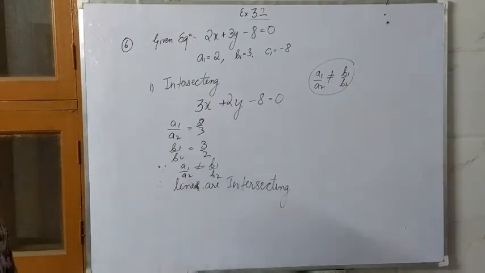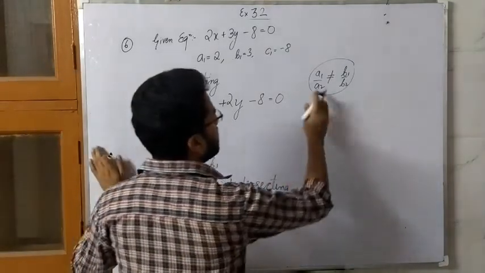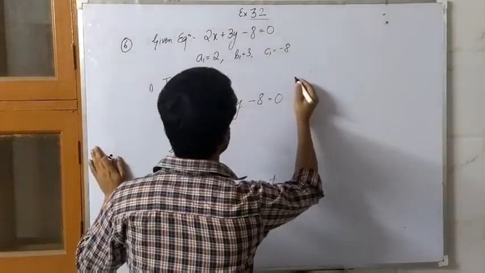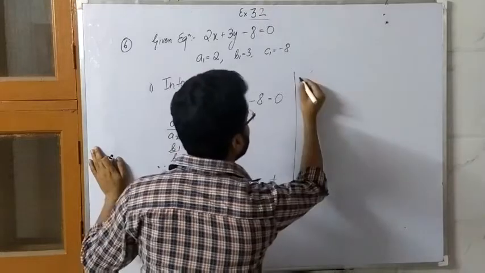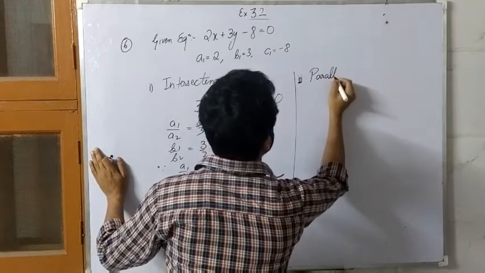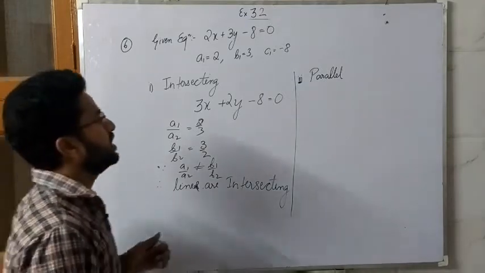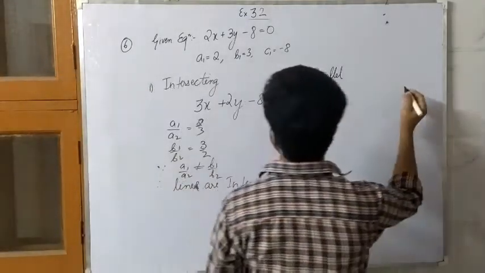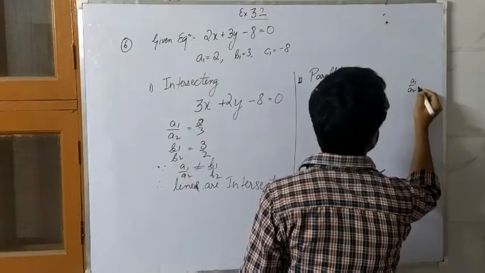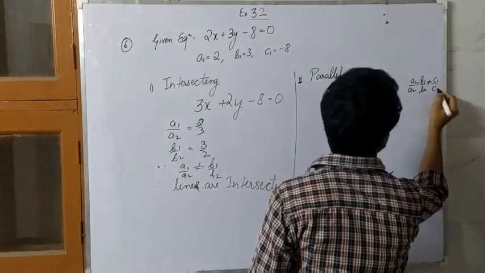So this was your first part. Now, in the second part, you need to give the second equation in such a way that it becomes parallel to the first one, right? I hope you have understood this thing. Let's say the second part we are doing here only, right? Now second part, the lines should be parallel. For lines to be parallel, what we have seen, what is the condition? A1 upon A2 should be equal to B1 upon B2, and should not be equal to C1 upon